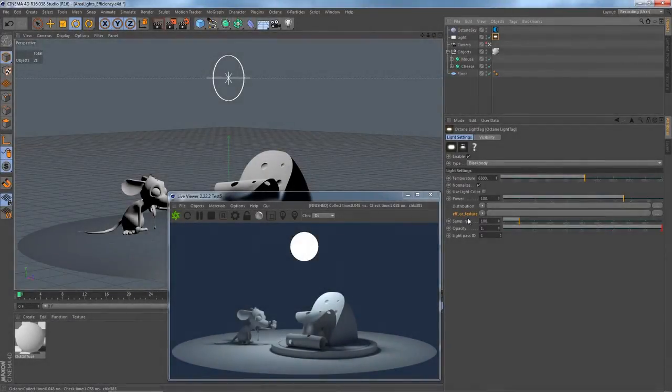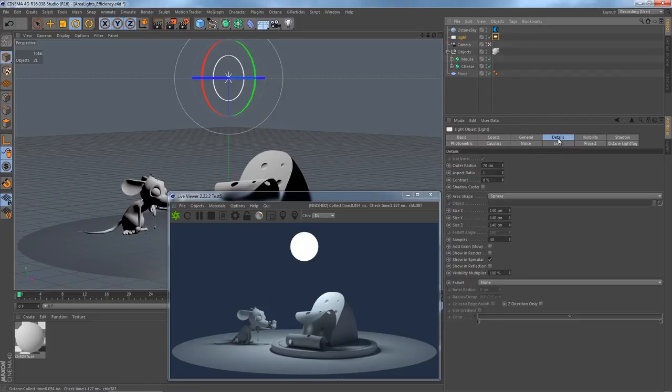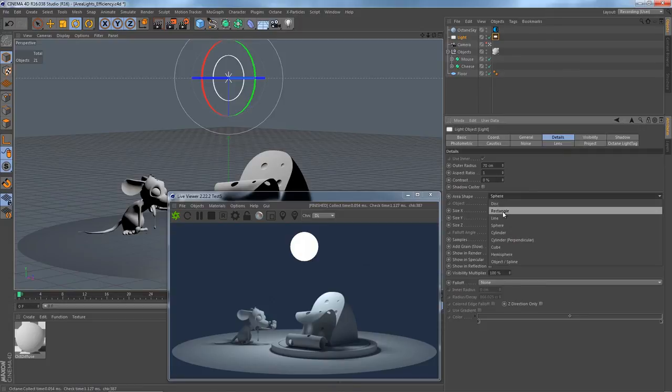In this one, we'll take a look at efficiency or texture. With this parameter, we control how light intensity and color are mapped across the surface of an area light. We'll continue working with the same scene, with the difference that the shape of the area light has been changed from rectangle to